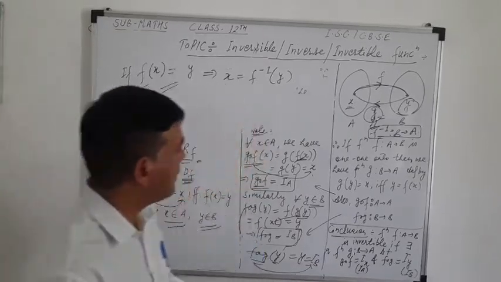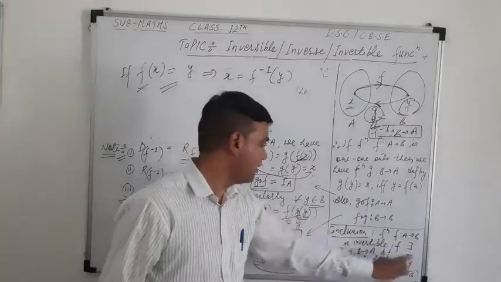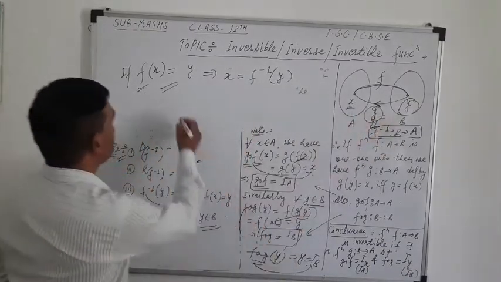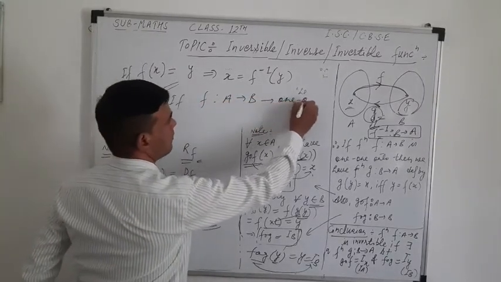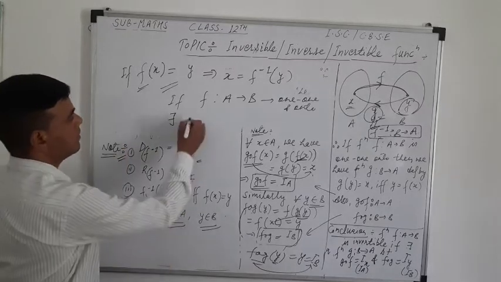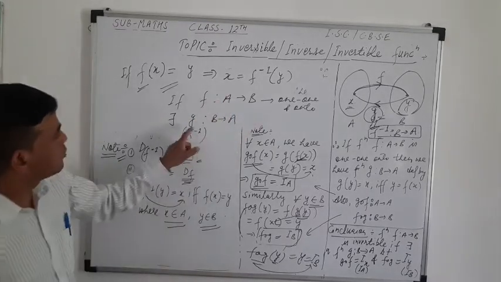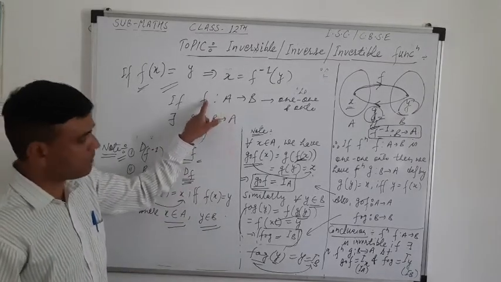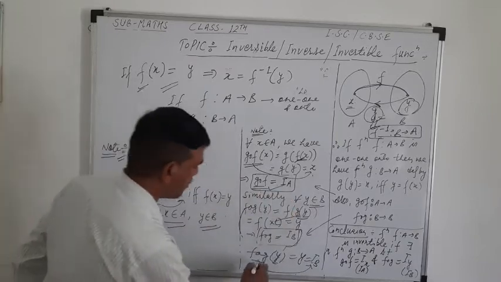If these two functions happen, then we have another conclusion here, that a function f such that A tends to B is given, that is one-one and onto, then there will always exist another function g, or in place of g you can put f inverse, such that B tends to A. In this condition, this g such that B tends to A is always called the inverse or invertible function of f, such that gof is equal to IA and fog is equal to IB.